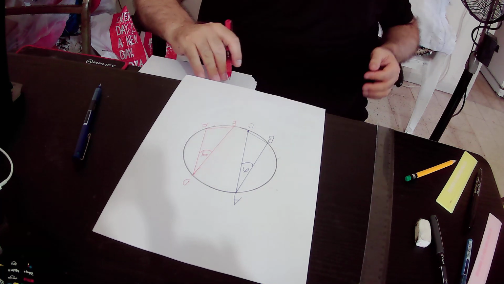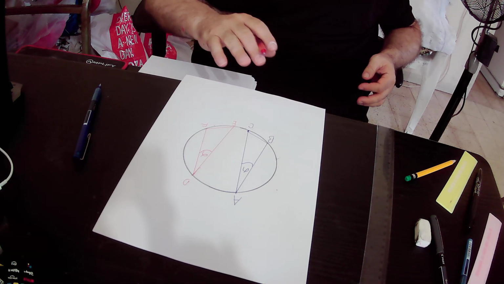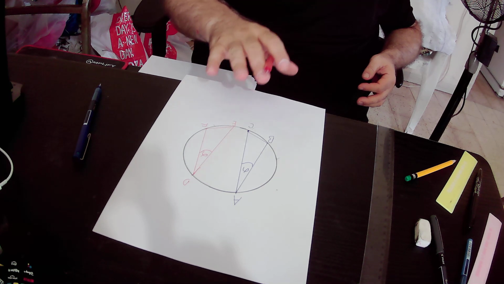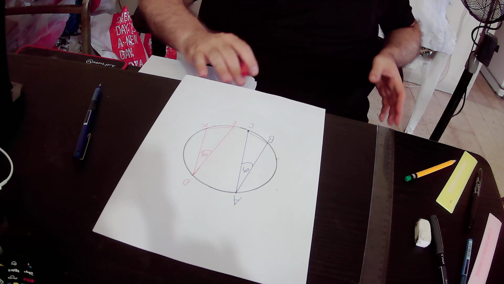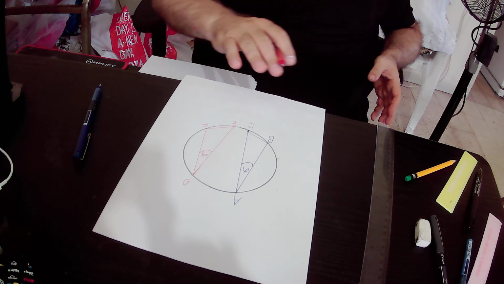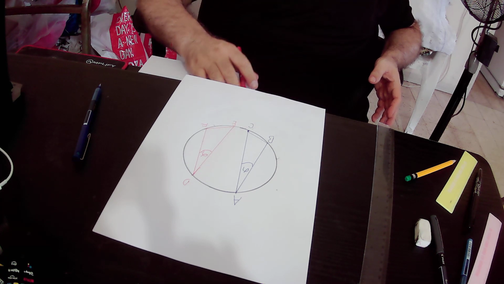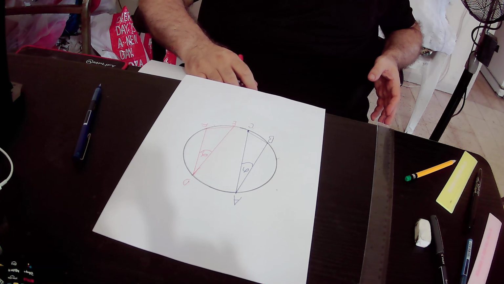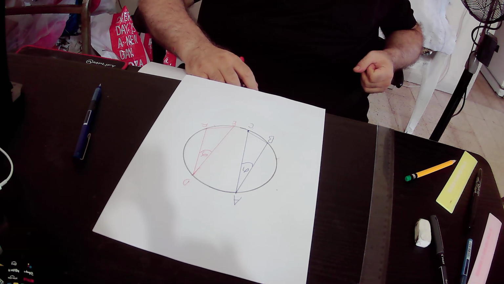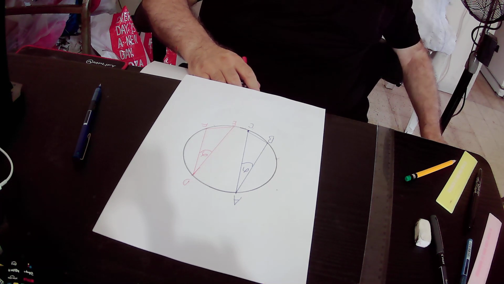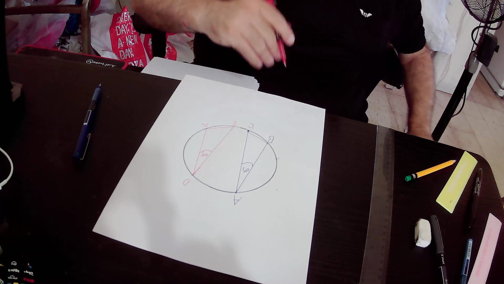So we have two equal peripheral angles. Both of those peripheral angles equal alpha. So according to rule number 3,